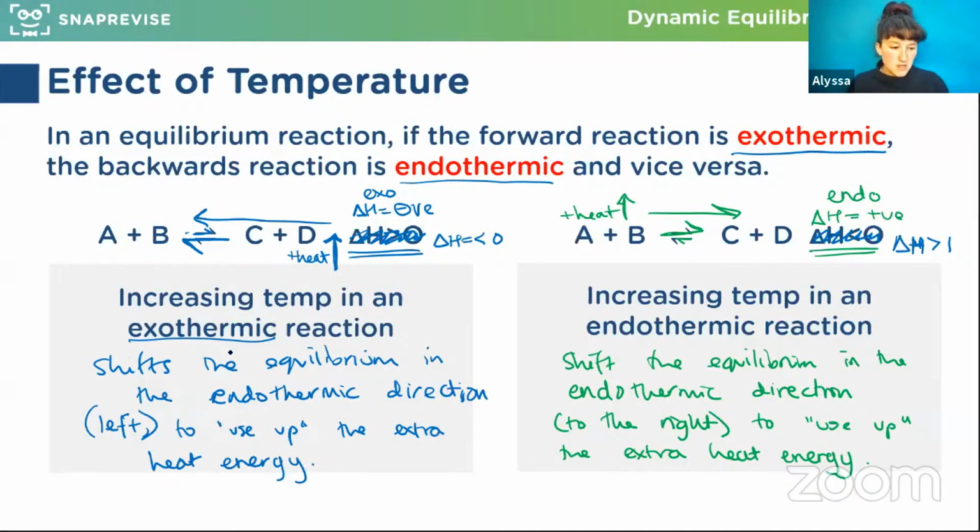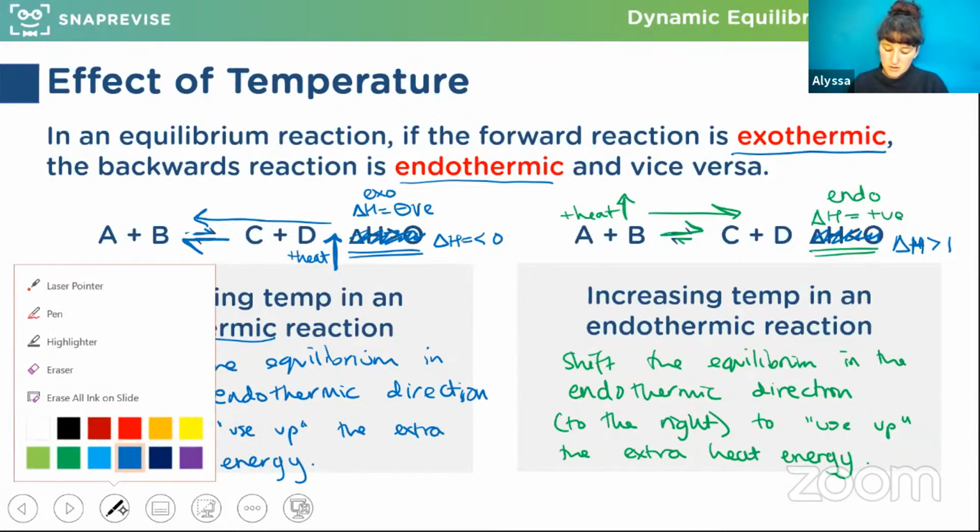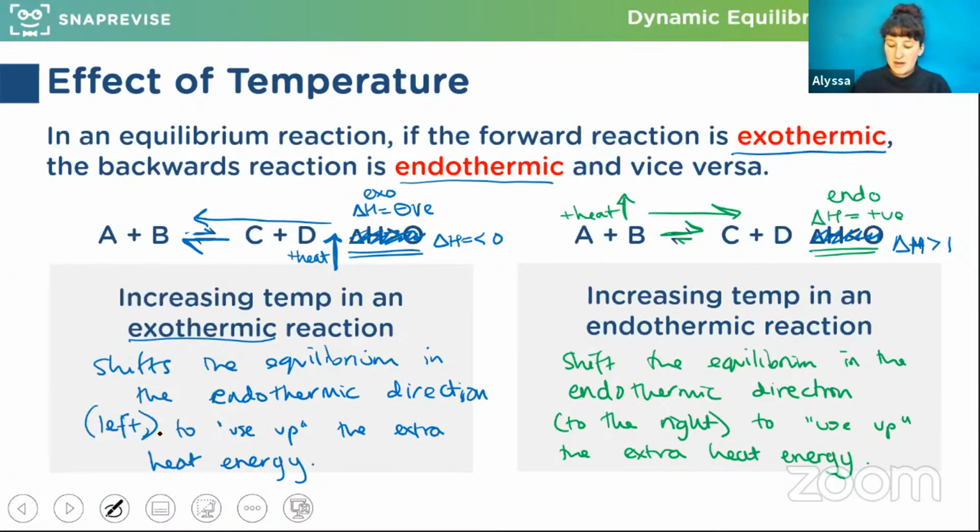So is there an easy way to remember this? I think about it in terms of, if you know which direction is endothermic or exothermic, the exothermic direction is releasing energy. So it's giving off the energy as heat. So I don't memorize these, I work them out. If you know which side is giving off heat, or where the heat is going to be produced, in this case the forwards reaction is exothermic. So the forwards reaction is giving off heat.